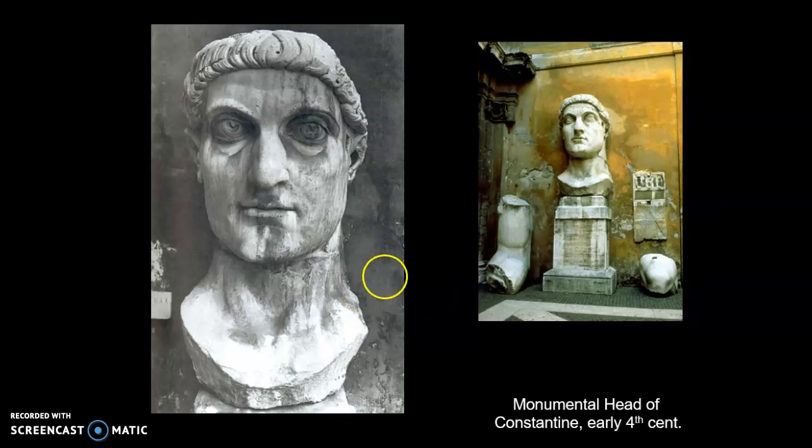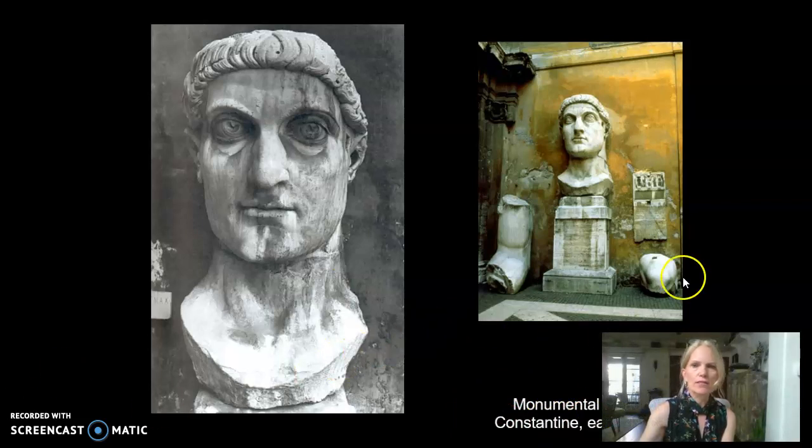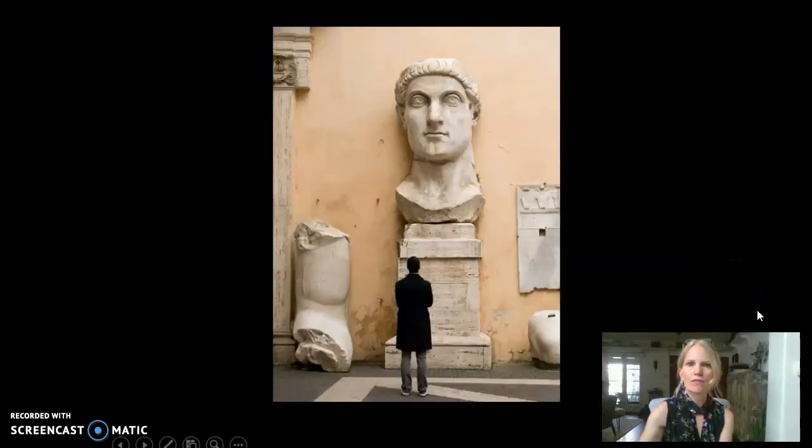So what you find here is the monumental head of Constantine. It is monumental. It's over 8.5 feet in height. Overall a marble sculpture, but only what remains is the elbow and bicep of Constantine. There's a little bit of a body part right here, but you can see not much more. This would have been a depiction of the emperor in a seated or enthroned position dating from the early 4th century here. Let me advance the slide one more time so that you get a sense of scale